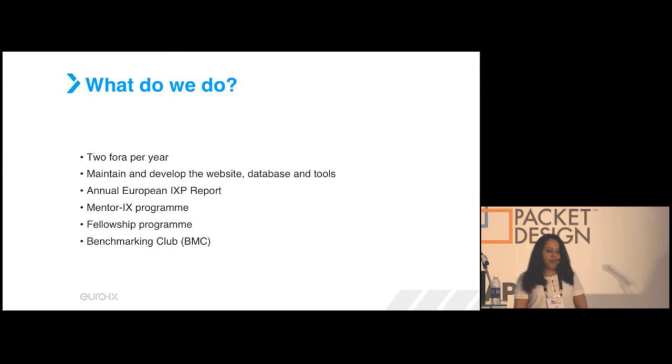Right, a little bit about what we do. We have two meetings a year, and we have around 40 plus internet exchange points attend. While our name is EuroIX, we do have members from all over the world, including Asia. So it's a great opportunity for internet exchange points to come together and share their information. We do an annual European IXP report, and the 2016 report is going to be available soon on the website. So if you're interested in seeing just different statistics about internet exchange points in Europe, please go and have a